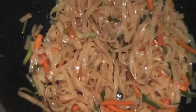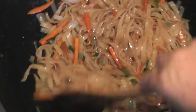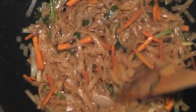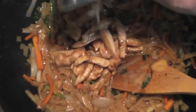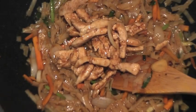And doing this meal, you can add so many different vegetables. You could add tofu to this. If you're a vegetarian, you could add fried tofu instead of the chicken. You could do prawns with this, or shrimp. All right, now time to add those noodles, now al dente. And I'm just going to add my chicken back to the mix, and my eggs,